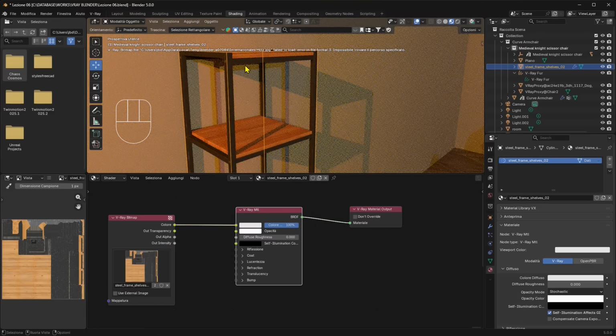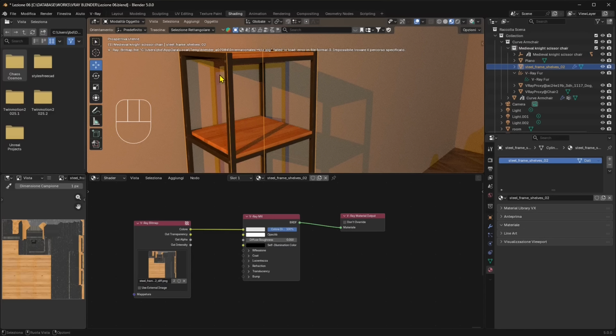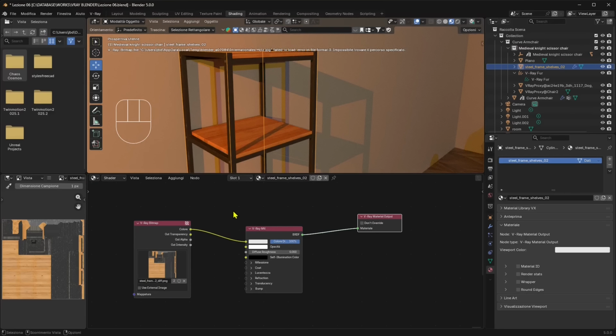If everything is linked properly, then you will see the material with your first texture. This is just one texture. Later on, we're going to work also with the other texture, but I just want to show you again how you can